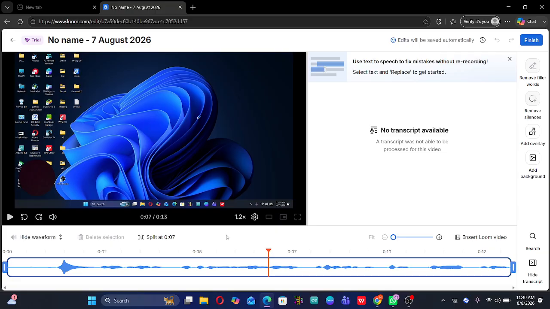And don't forget about the stylized captions. These can enhance the accessibility of your video, making it easier for viewers to follow along, especially if they're watching without sound. Once you've reviewed the AI suggestions and made any changes you feel are necessary, scroll down to the